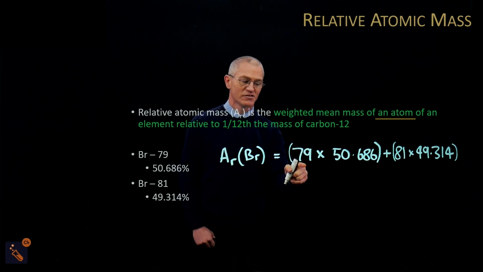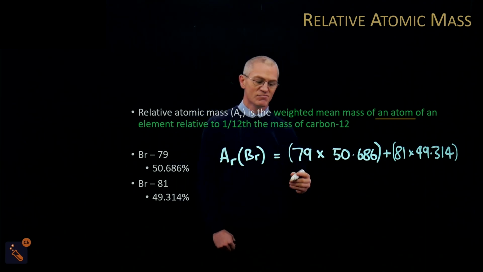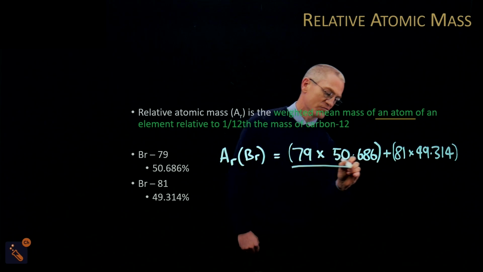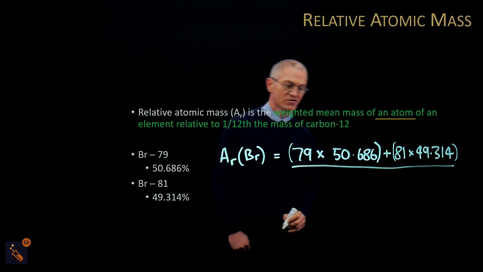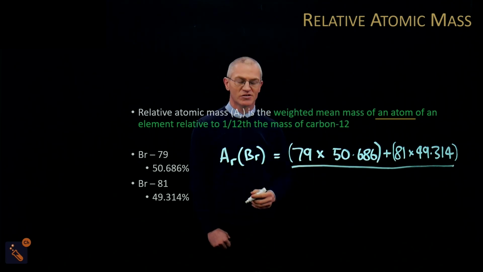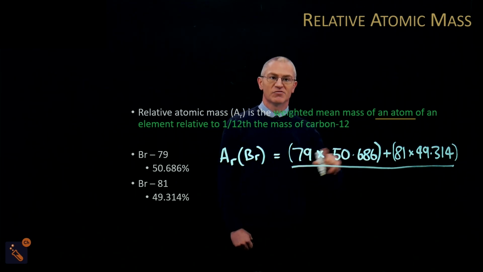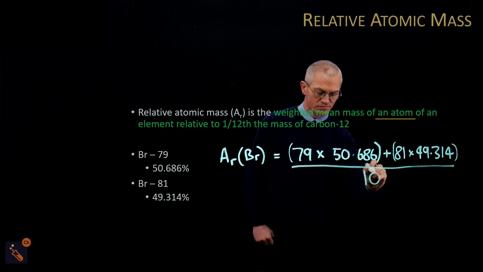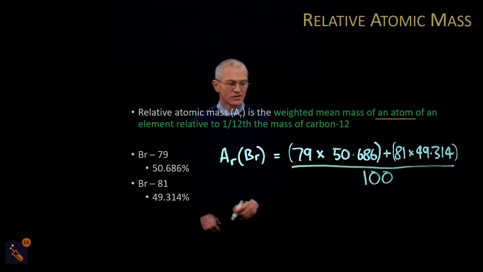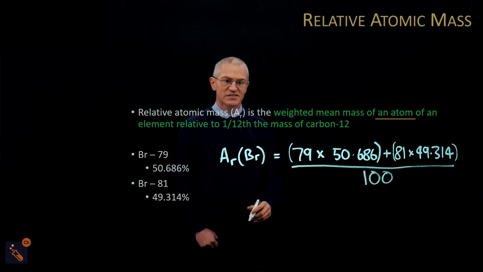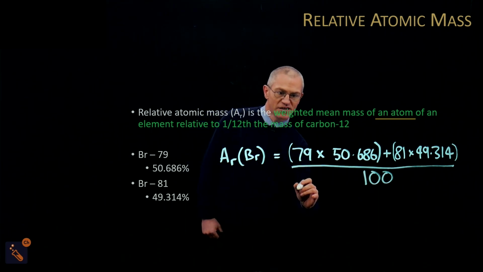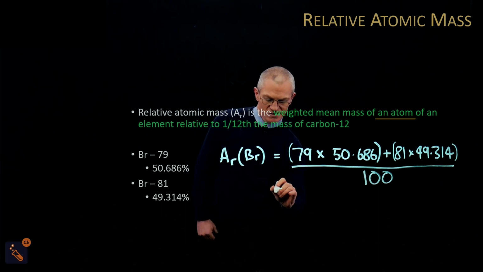So here's your weight, and we need to turn this into a mean mass. So to do that, we divide by how many atoms we're taking the average of, and if there are 100 atoms here, it is 100. If that is the case, you end up having this calculation to be